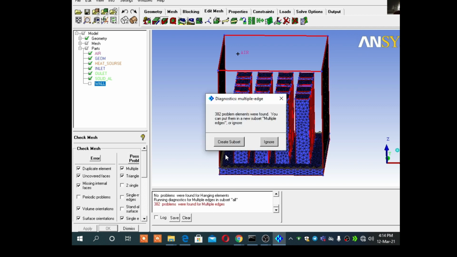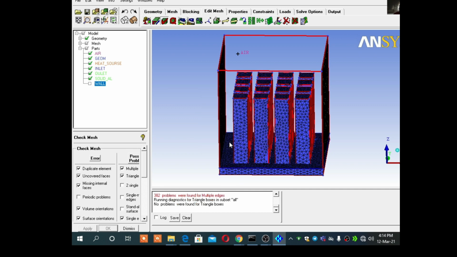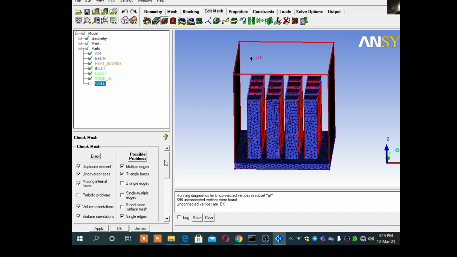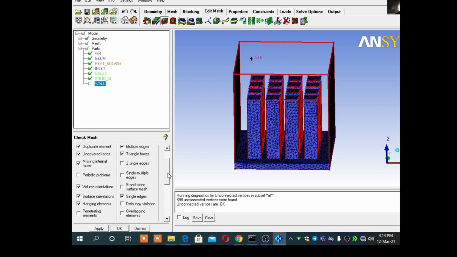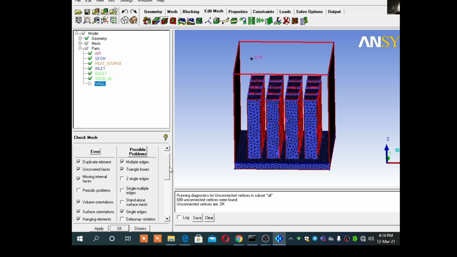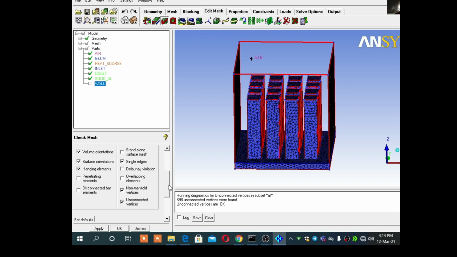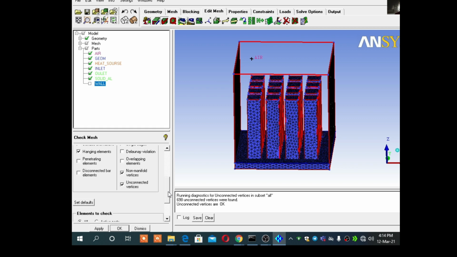Here, check mesh, what is it going to check? Let's see. It will check the following points: duplicate elements, uncovered faces, missing internal faces, volume orientation, surface orientation, hanging elements, multiple edge, triangular boxes, single edge, non-manifolds, uncovered faces.